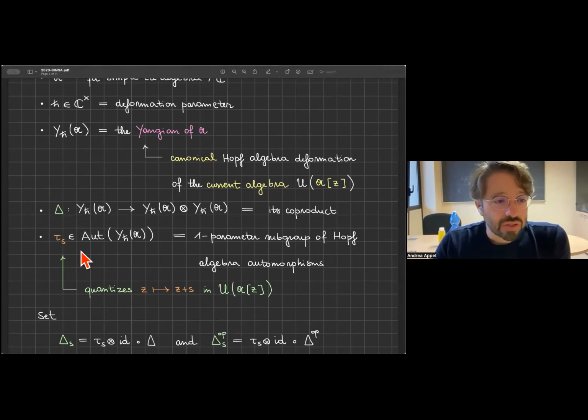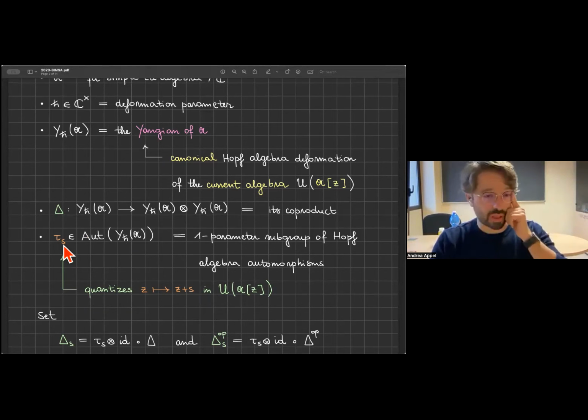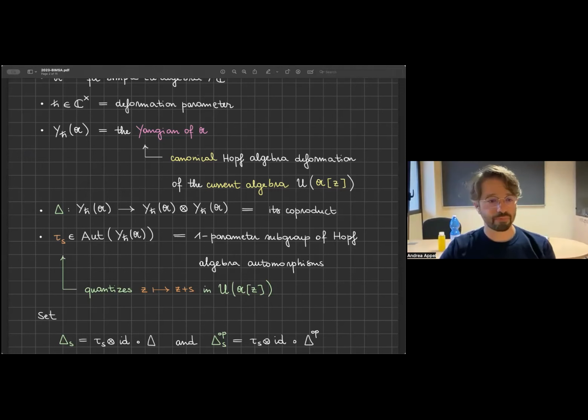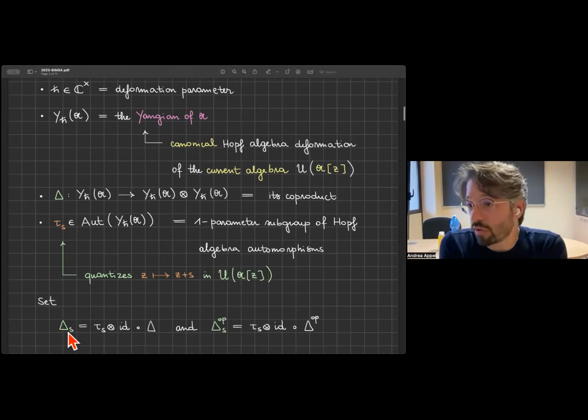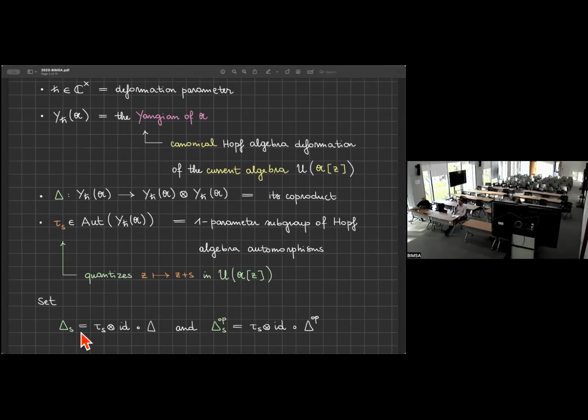Now, by relying on this shift operator, this one-parameter subgroup of automorphisms, which, keep in mind, preserves the full Hopf algebra structure, we can consider a modified version of the